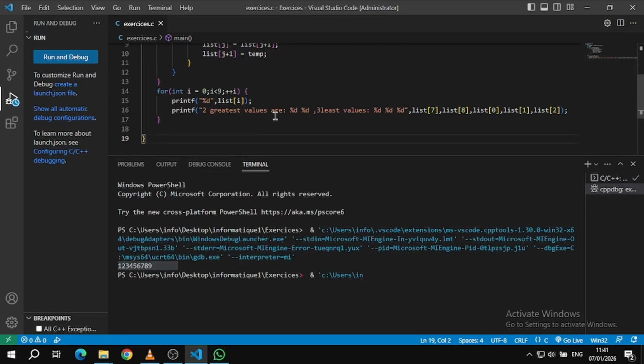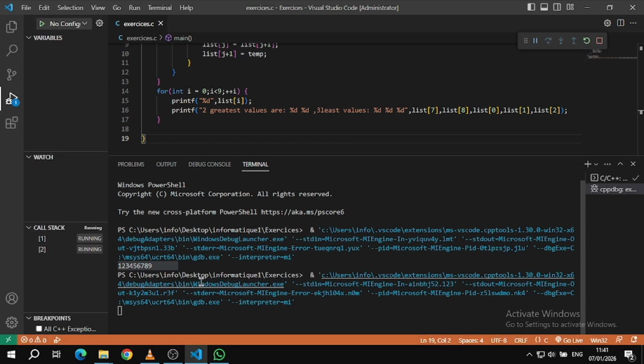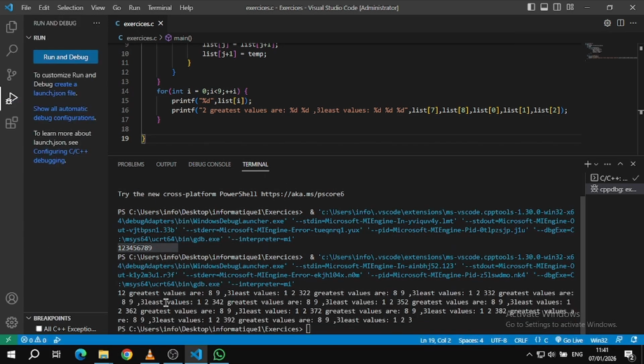And when we run it, we see here that the two greatest values are